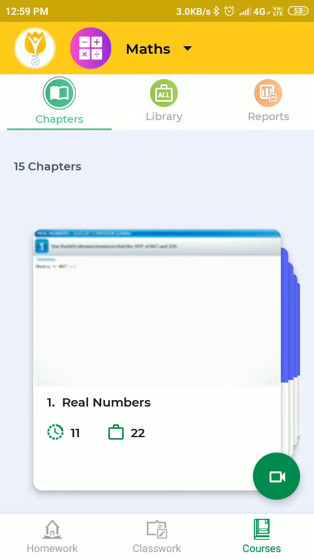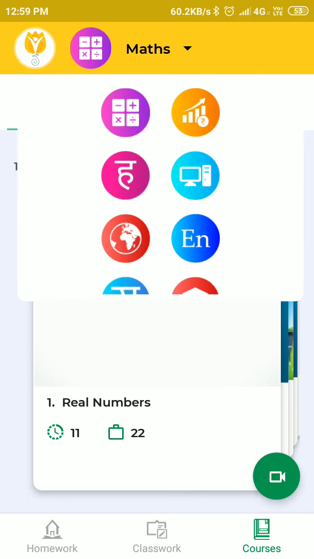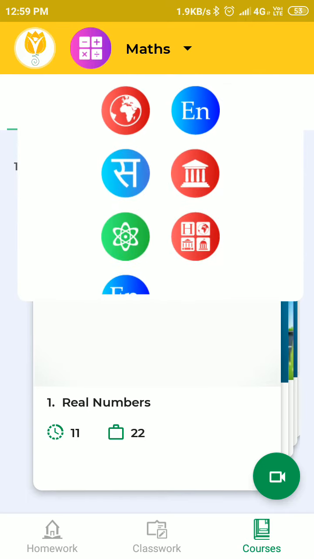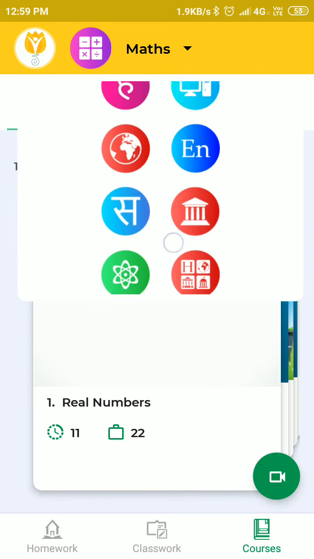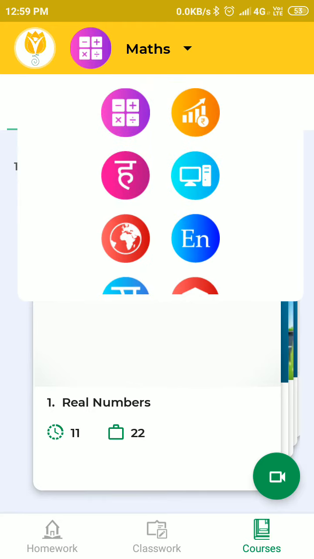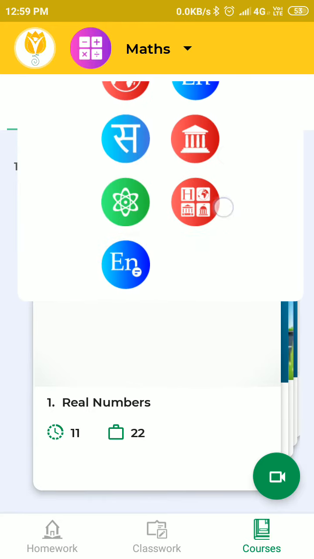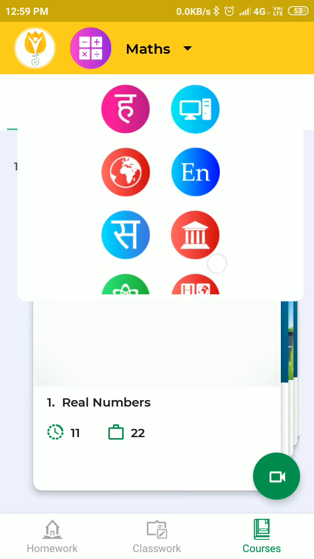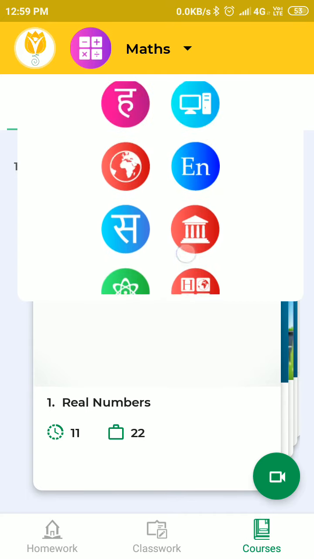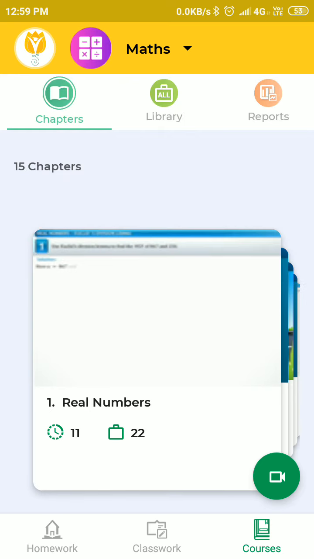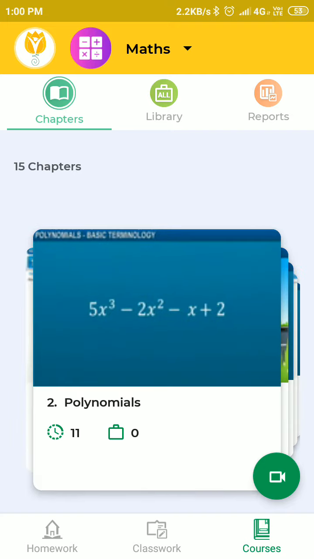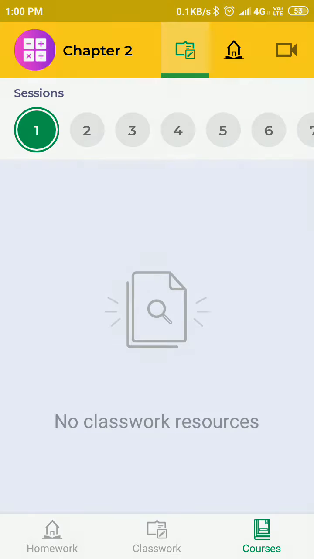Here now on the top of the screen, all the subjects are there. These are all subjects. So if you want to attend any of the lectures, you can select a subject. Like I'm selecting mathematics. So these are the 15 chapters, real numbers and polynomials. So click on any of the lectures. So sessions are there. So in these sessions, you can check